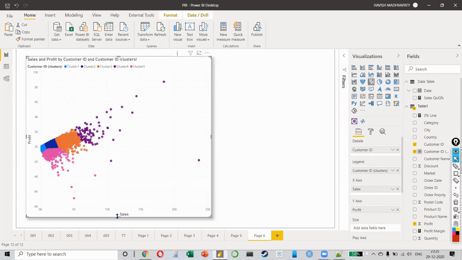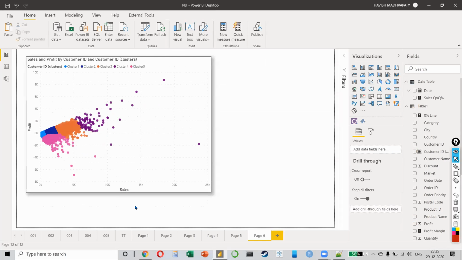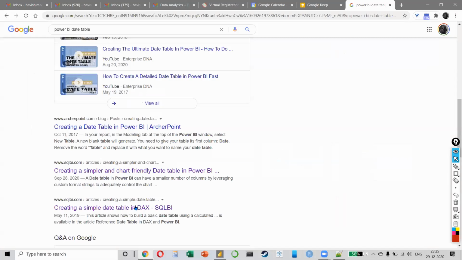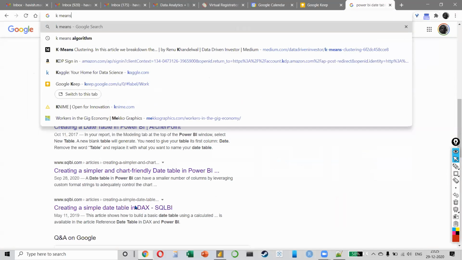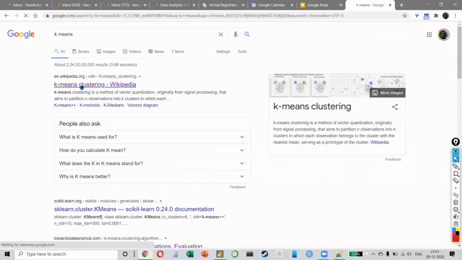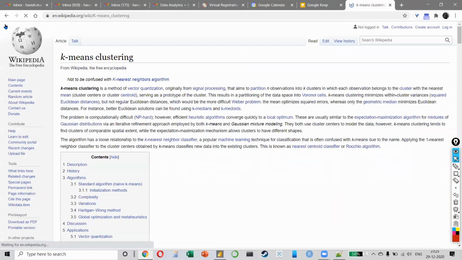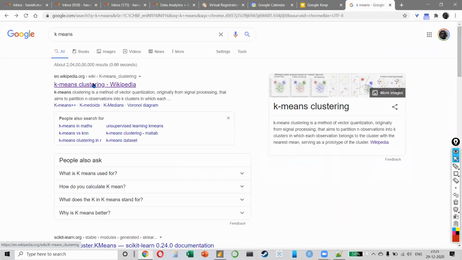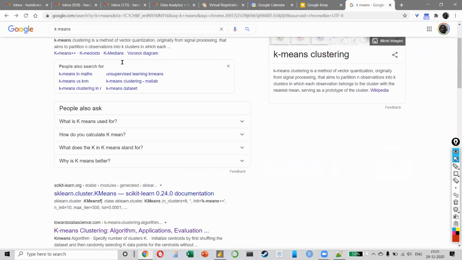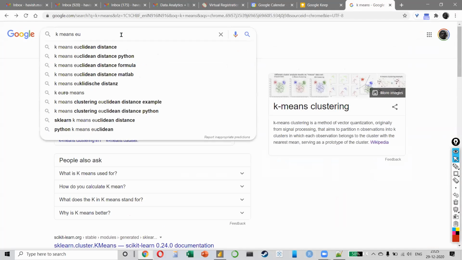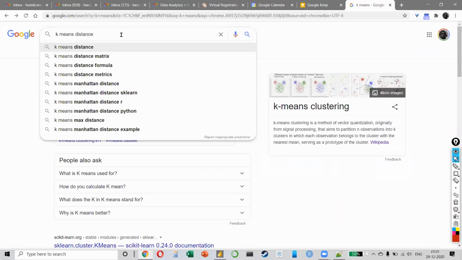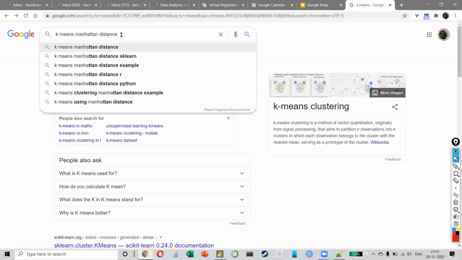Very cool, right? So what algorithm is it using? This uses your k-means clustering, right? It is your k-means clustering, and this has different methods in it. So we have something called the Euclidean distance, and we have something called the Manhattan distance.